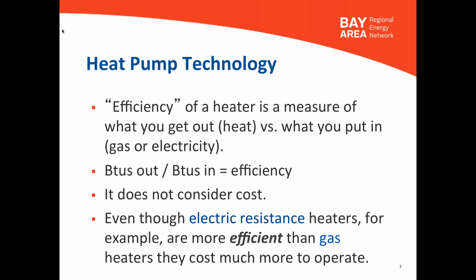So that's why we have efficiencies less than 100% for gas water heaters, because some of it gets lost. So we're putting in more than we're getting out. So that number, the BTUs out, is a smaller number than the BTUs in, so efficiency is less than 100% typically, okay? Now, electric resistance water heaters are way more efficient, because what happens is you pass a current through